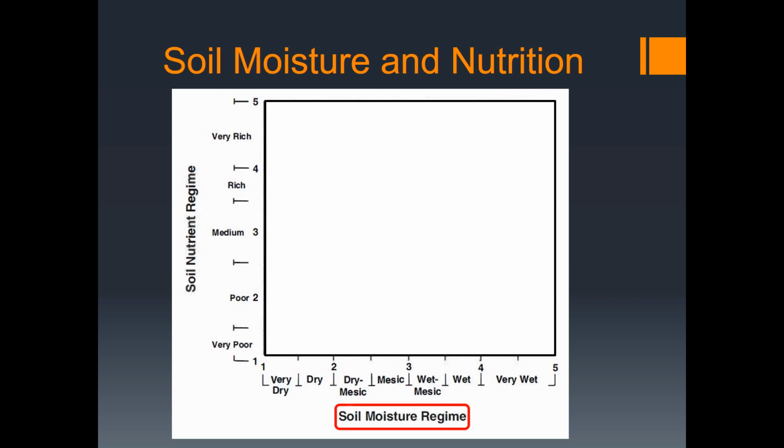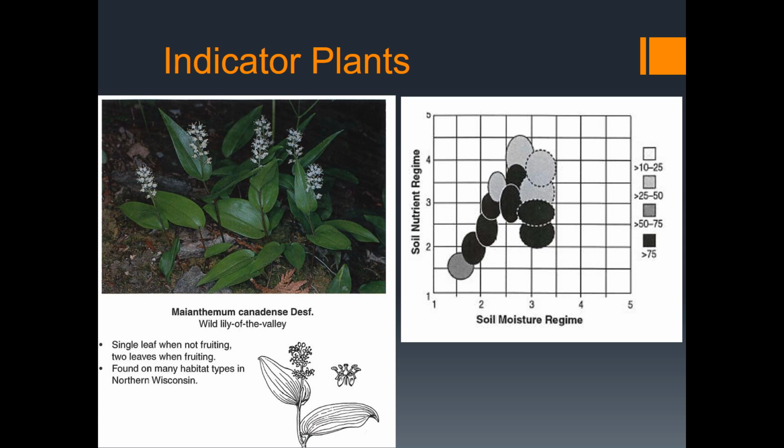On the x-axis we have soil moisture regime, so again ranging from very dry to very wet. And this is important when we think about indicator plants. So here's a plant, Maianthemum canadense, wild lily of the valley, or Canada mayflower. And this is a relative of false lily of the valley, Maianthemum dilatatum, which we have here in the Vancouver area. So this plant, if we look at its range of growth in a particular area in the state,